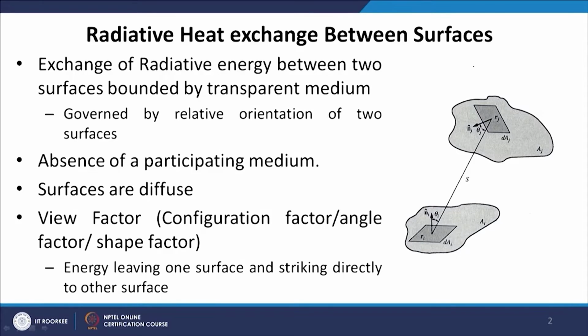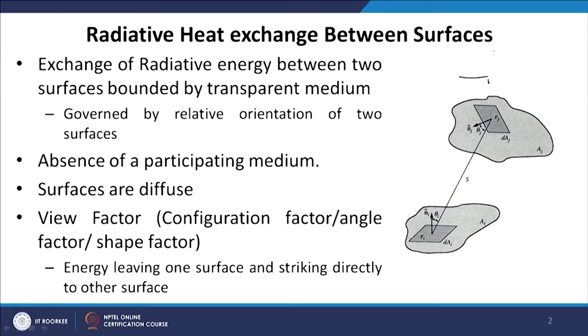So it is very clear that the amount of energy exchanged from one surface to another will depend on the orientation of the two surfaces. For example, we have two surfaces having the same area and similar temperatures. If their orientation is not the same, the amount of energy transferred from one surface to the other will not be